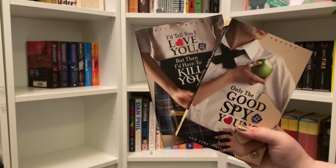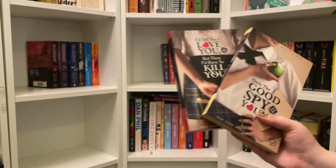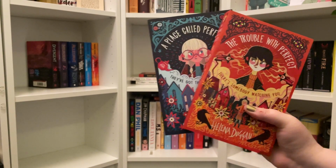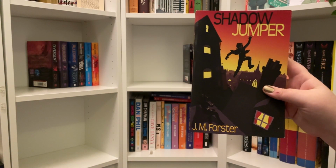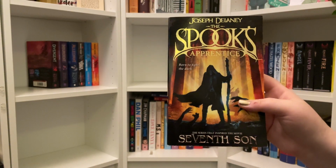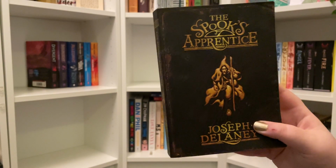I Tell You I Love You But Then I'd Have to Kill You and Only the Good Spy Young by Ali Carter. A Place Called Perfect and The Trouble with Perfect by Helena Duggan, the Allegra Biscotti Collection and Who, What, Where by Olivia Bennett, Shadow Jumper by J.M. Forster, Seventh Son by Joseph Delaney, The Spook's Apprentice by Joseph Delaney, another copy of The Spook's Apprentice by Joseph Delaney,